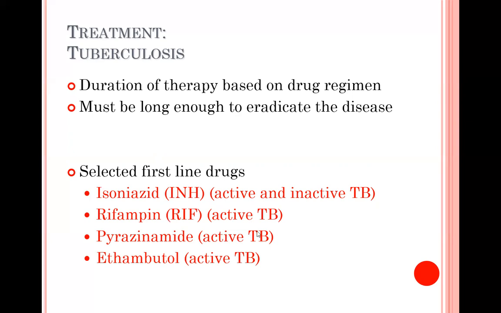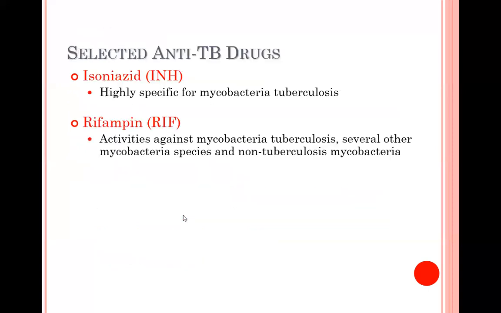Rifampin is for active tuberculosis. This one you'll probably see more often. And then pyrazinamide and ethambutol, those are also for active tuberculosis. But the first two,